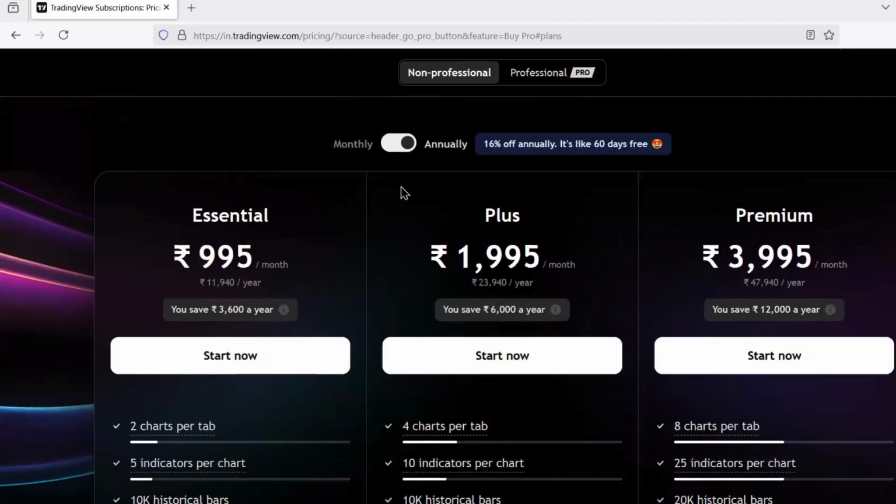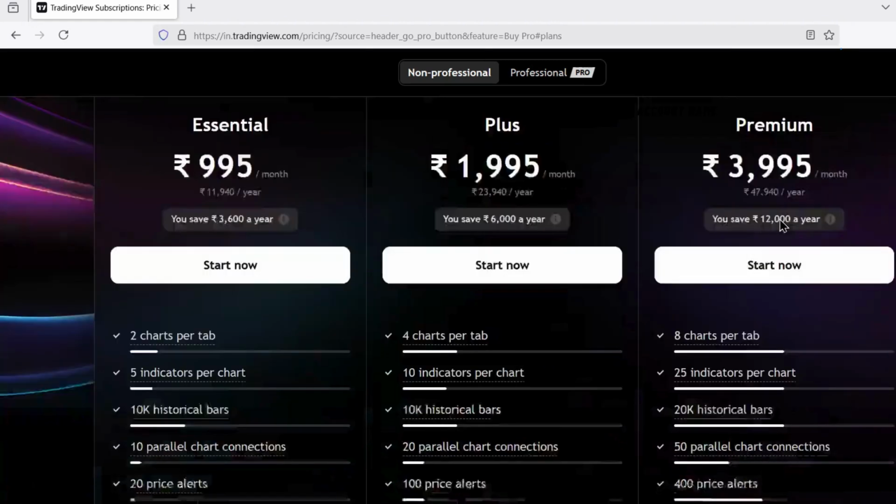So generally you can use free plan, but if you want to automate the things, if you want to create your own indicators, or if you want to use the multiple charts per tab, so in that case you can upgrade to essential. And if you want to use the deep backtesting feature, and if you want to use it for algo trading, then definitely you can go for the premium version. Okay.